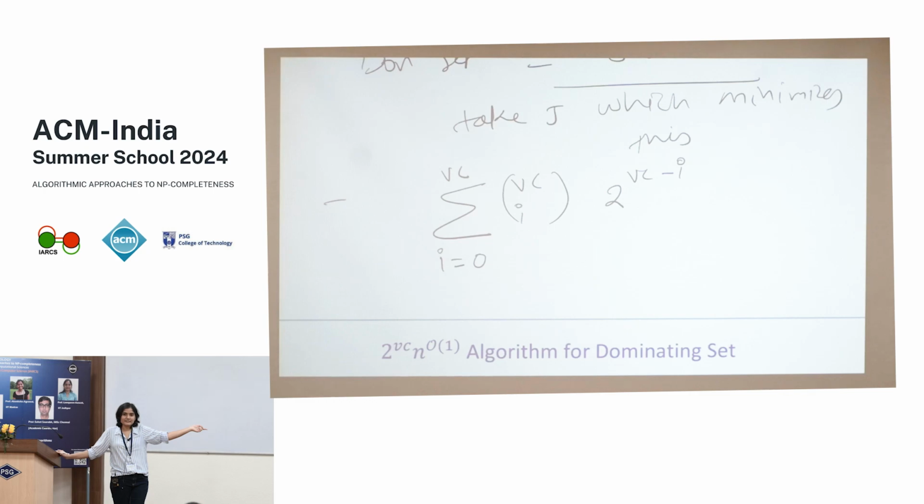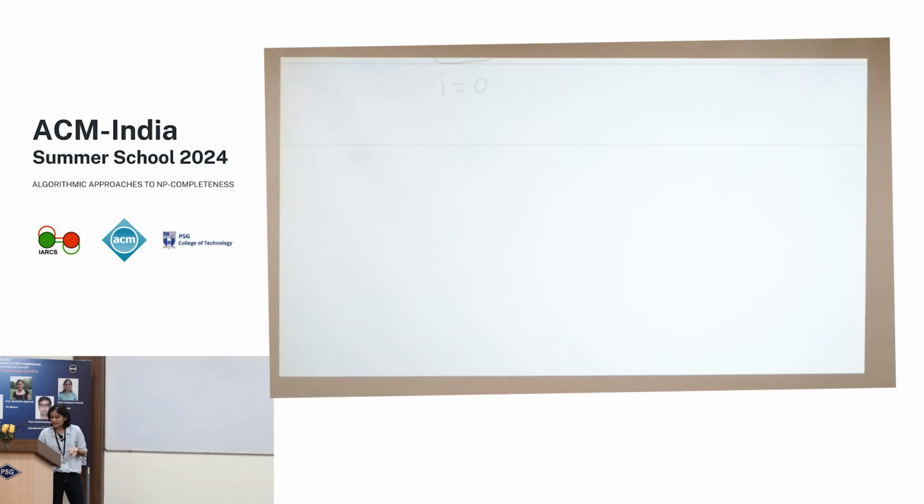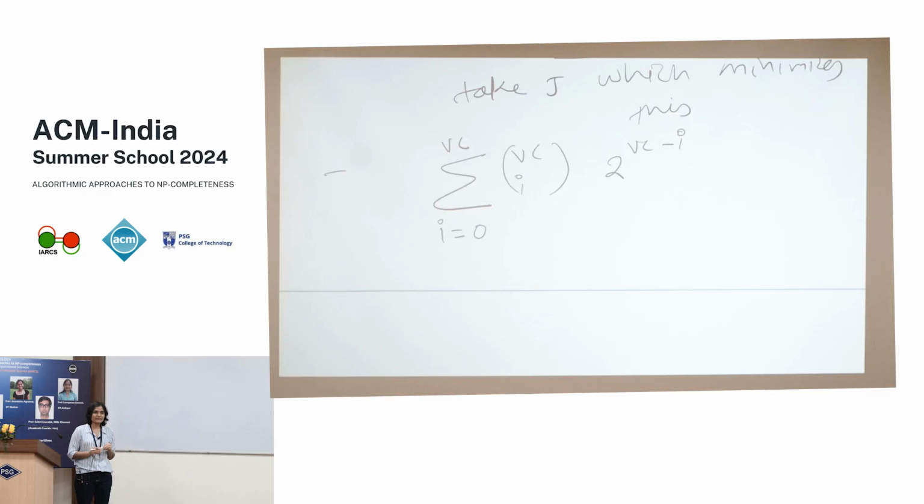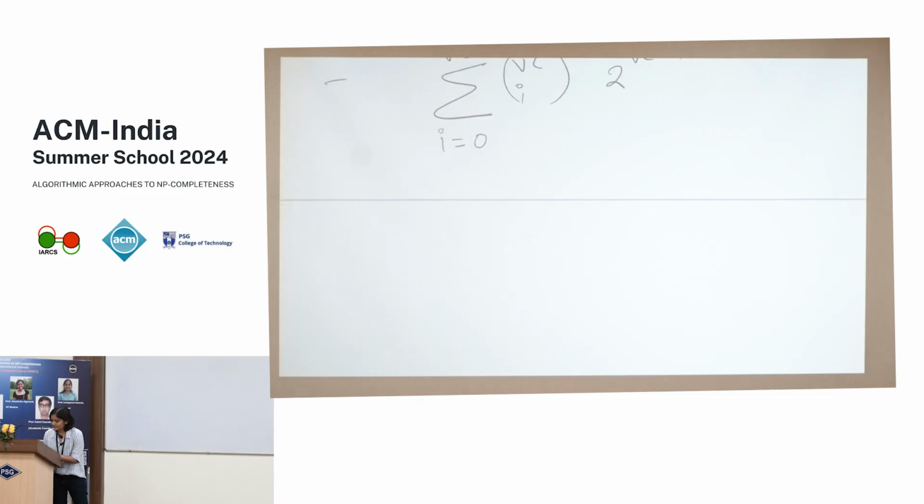And for each such set we are taking 2 power vertex cover minus I at most running time by set cover algorithm. What is this? Does it look similar to something you have seen before? What is it called? Binomial theorem. What does binomial theorem say? Summation I equals 0 to n, n choose I, x power I, y power n minus I is equal to x plus y power